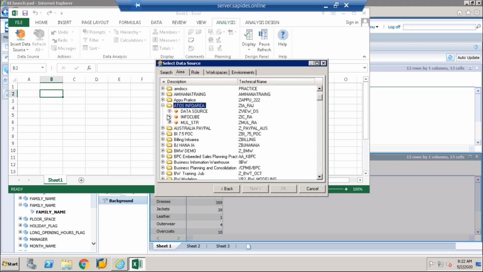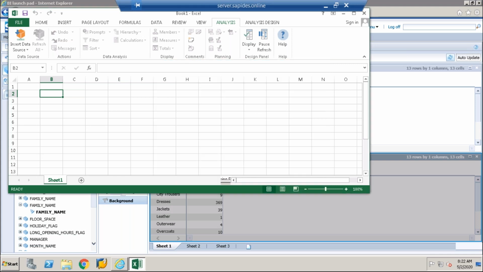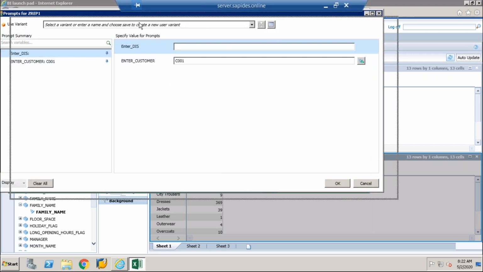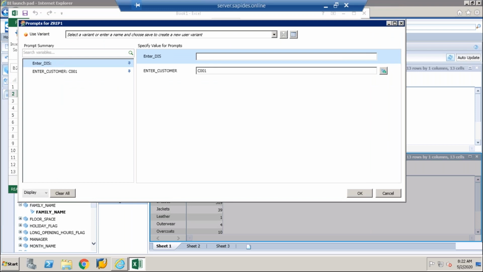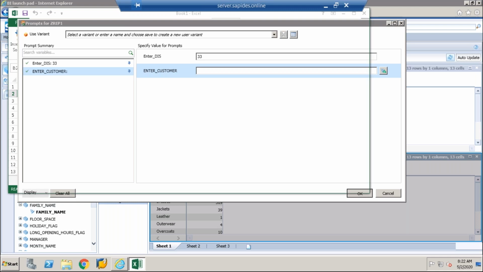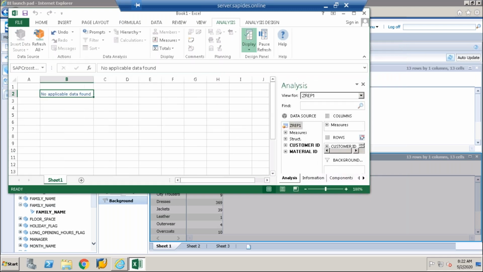I'll take this ATOS and I'll take this info area. Okay, take this one. So this data I'll take, and the data will be inserted here. So it has this prompting. Based on that, it has prompting as KT. Then make it okay. We'll get all the values, and all of those values will be inserted here.